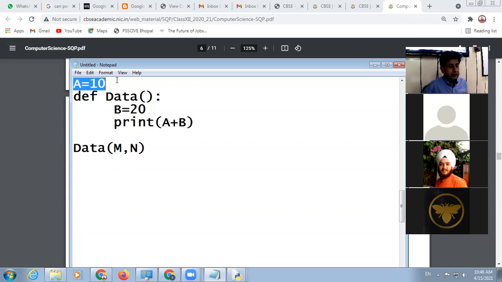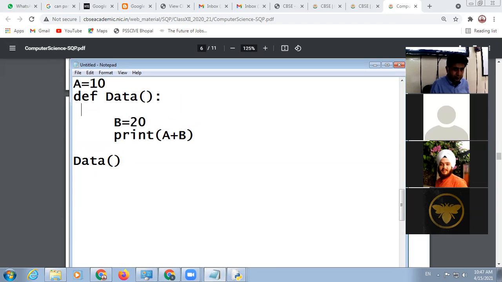If we declare a local variable but we want to use it outside the function, we will have to make it global. b. Now I can use it outside, print b.